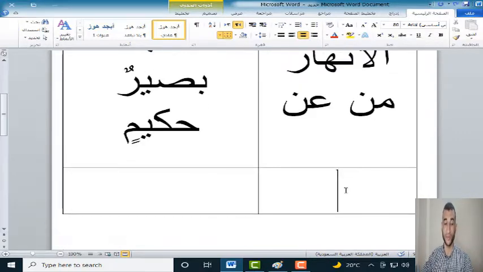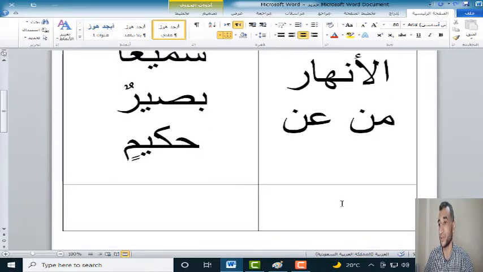Okay, so the third difference between the consonant Nun and the Tanween is that the consonant Nun can be written and pronounced. Okay, it appears in the written form and the pronunciation, but the Nun of the Tanween can only be pronounced, not written. Okay, to make it clear, let's have an example here. Here, if I say the word